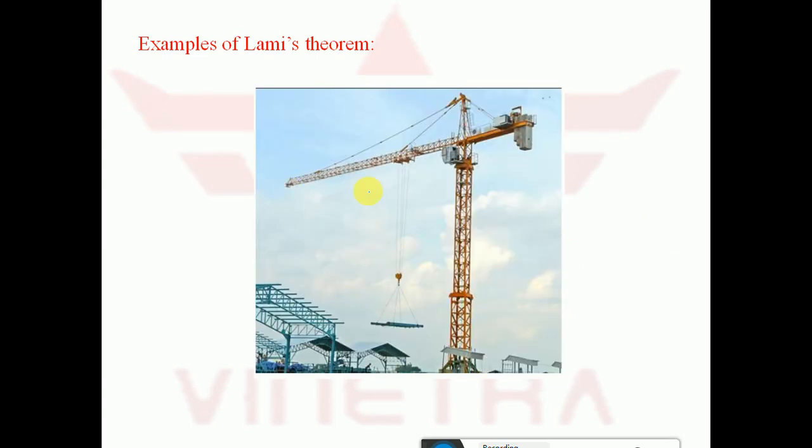So now let us see this crane. See here, there are actually four forces acting here. 1, 2, and this is the compressive force acting here, and this is the fourth force. This is a crane used to lift the weights. Now see here, to apply Lami's theorem there are some limitations. Lami's theorem says there should be three forces which are concurrent and should be in equilibrium. If this crane is not falling, then it is in equilibrium. But here there are four forces. One is this force, another is this force, and these other two forces are in tension.